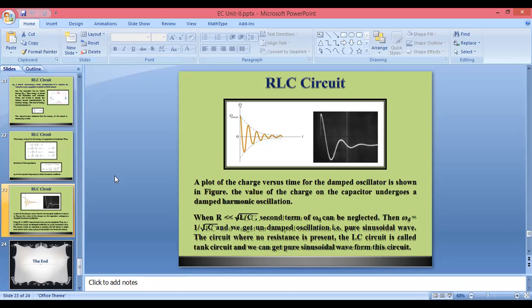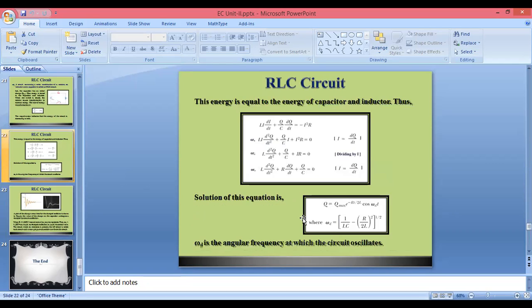And when the value of angular frequency is equal to, in bracket, 1 upon LC minus R by 2L square and whole square root 2, then at that time we can say that damping will be under damping, critically damping or over damping. मतलब actually 4 types है damping के, but एक जो type है undamped, there will be no damping. So we are taking only 3 types. These types are critically damping, over damping